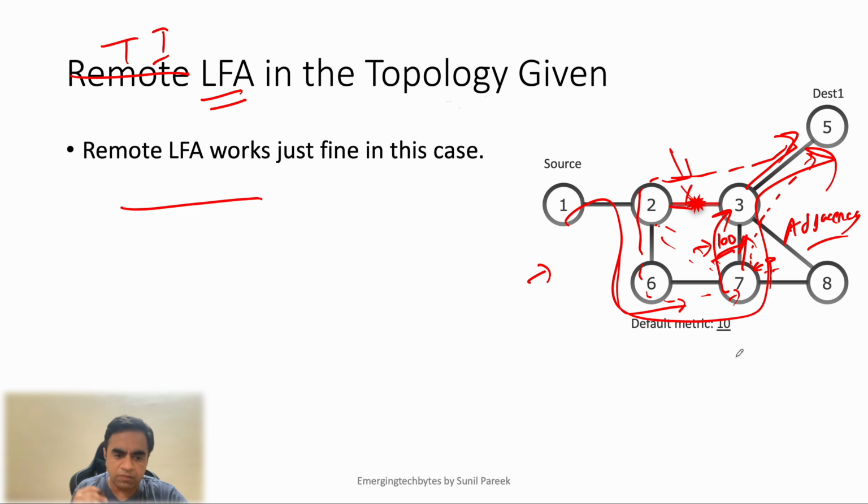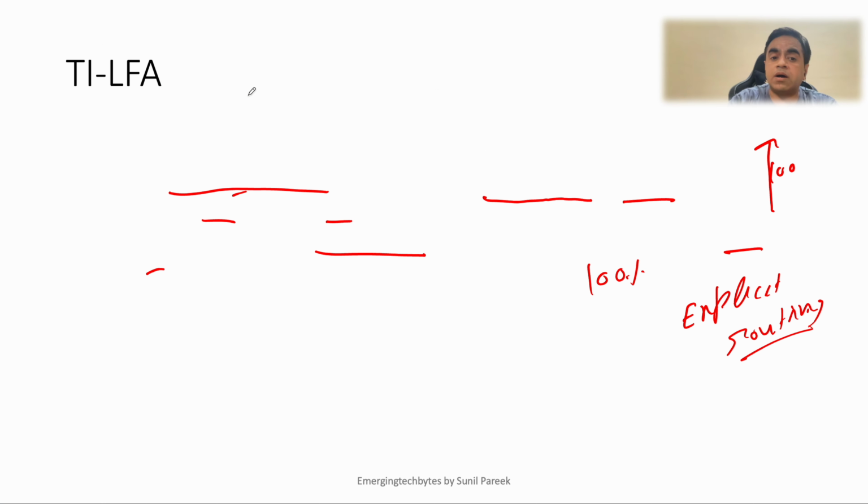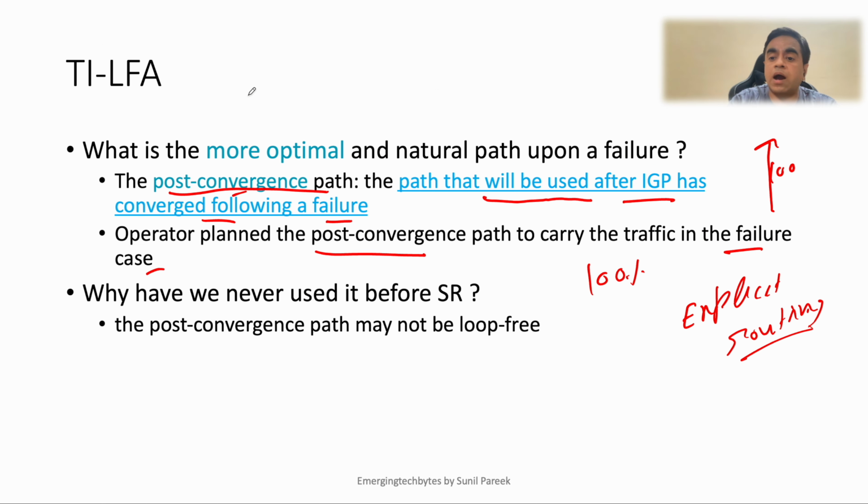That means if I use some sort of explicit routing, if I tell 7 explicitly that this traffic is destined for 5, send it towards 3 for LFAs, then I will be able to find a loop free alternate